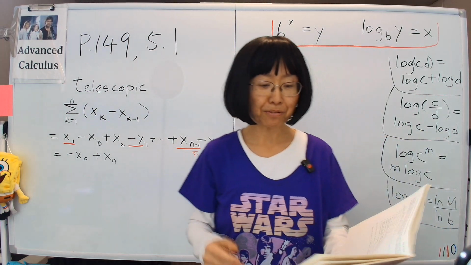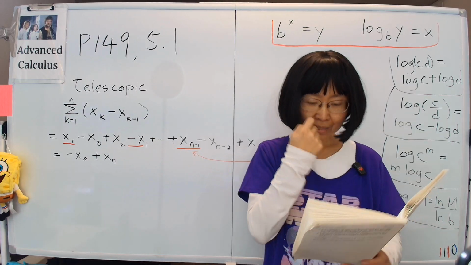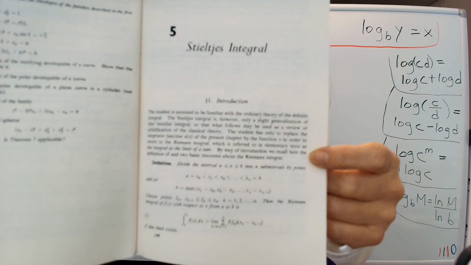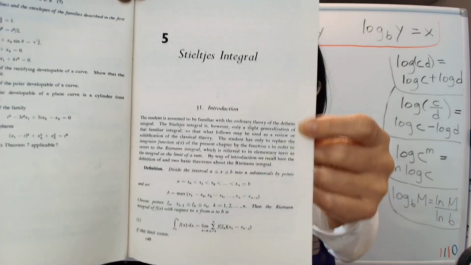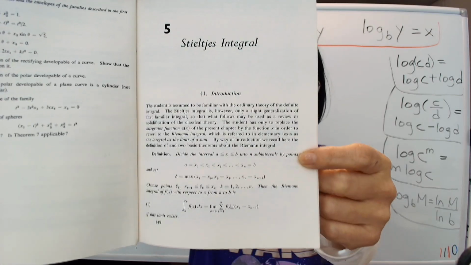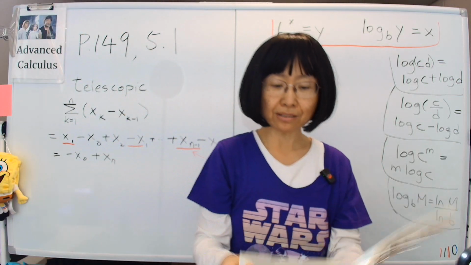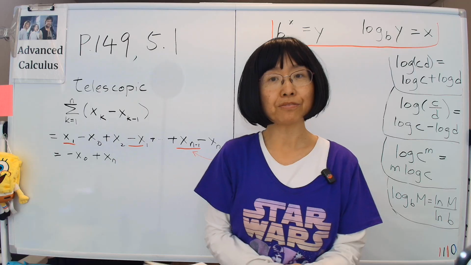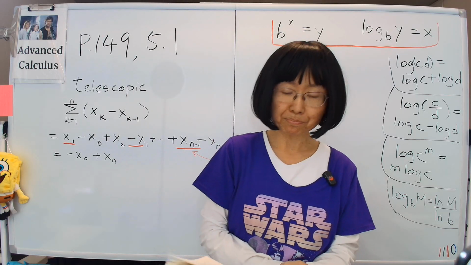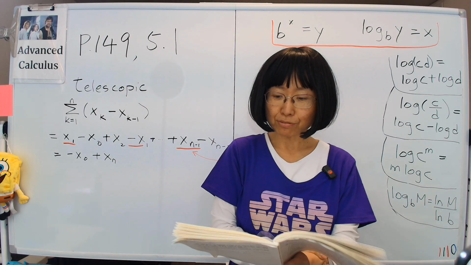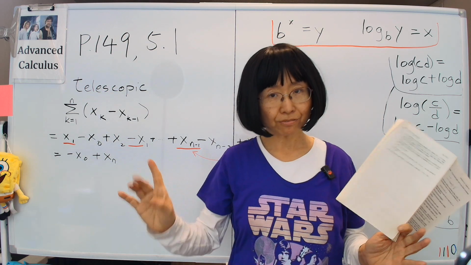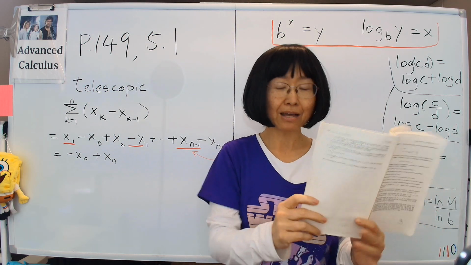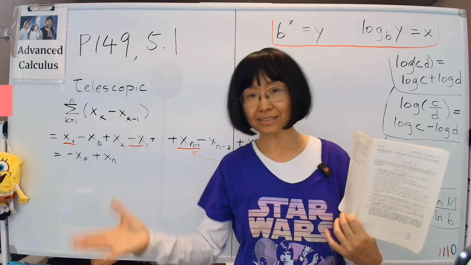Having said that, we can start with chapter 5. First, please read the first introductory paragraph yourself about what the Stieltjes integral is for. And I will get to the definition. Right now we're reviewing the Riemann integral that we learned in beginning calculus. First we consider an interval from a to b. We'll subdivide it into a bunch of points where x0 is a and xn is b,